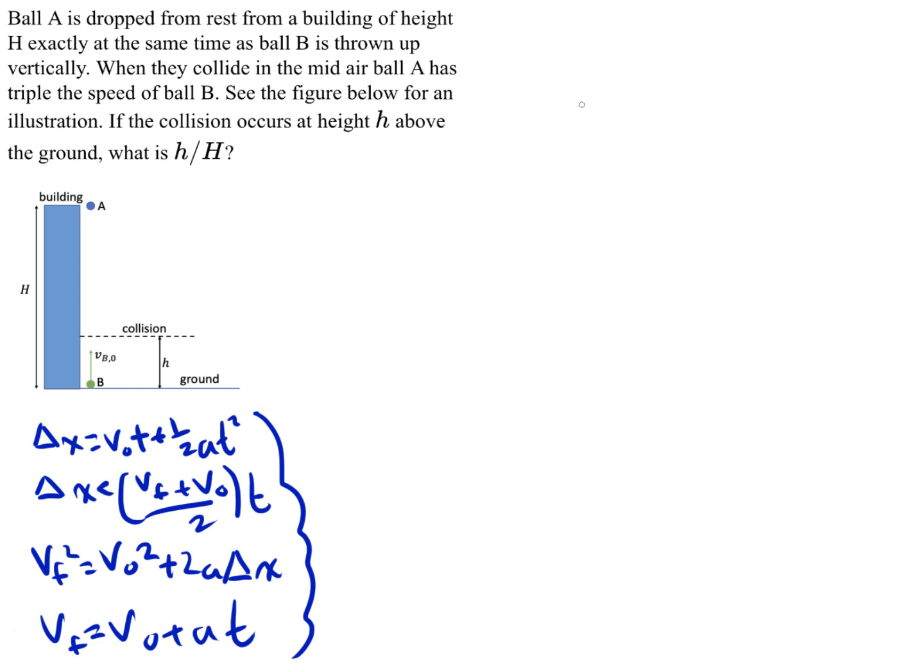total height, big H? So we have a condition that we need to satisfy here, which basically says that the final velocity of A must be equal to 3 times the final velocity of B. And in this case, the final velocity of the balls is their velocity when they collide. And A is negative because I have set up a coordinate system like this, where upwards is the positive y direction. So the final velocity of A will be negative since it's falling downwards, and B is thrown upwards, so